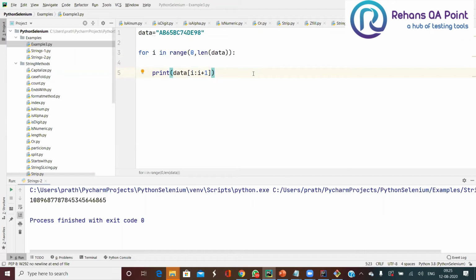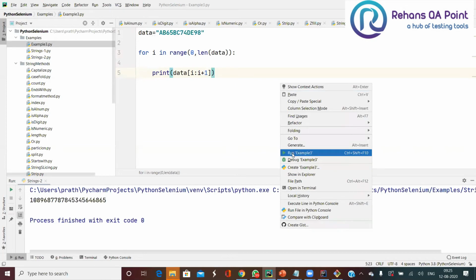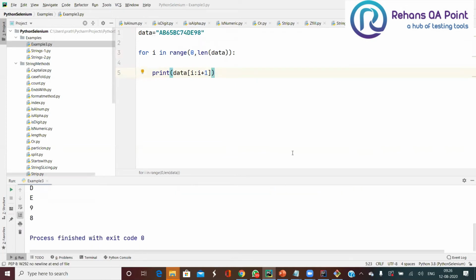Why? Yesterday I told you about slicing. The second one should always be greater than your first one. The second one is going to be the length of characters. First, i is going to be 0. From the 0th position I want to get the first character, and from index number 1 I get my second character. So this syntax is always going to give me one character. Using my slicing concept I'm going to achieve it. Yes, very well, I got till the last index also. There are no issues here.